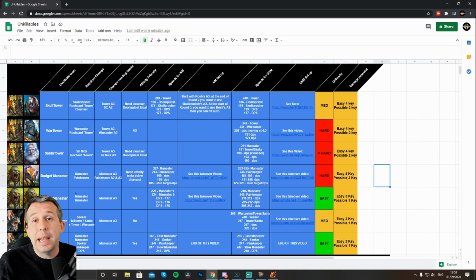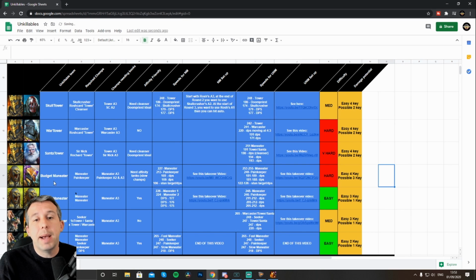Sonic is a pain to deal with in Unkillables, especially if you want to have an auto comp. So it might be that this one is just better on manual. But again, you can get a 4-key easily from it, and you can get a definite 2-key out of this comp. Probably the one that most people are going to find some use for, just because of the requirement of champions for these things really. But the Budget Maneater,